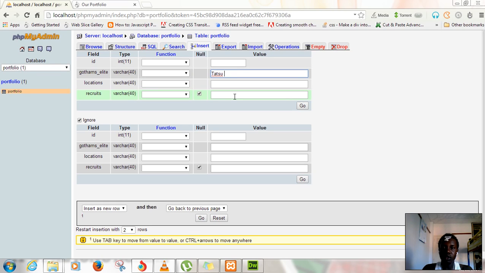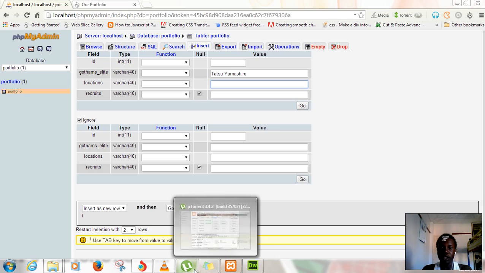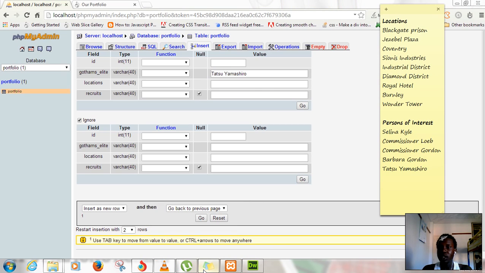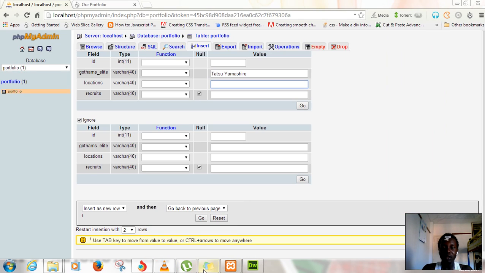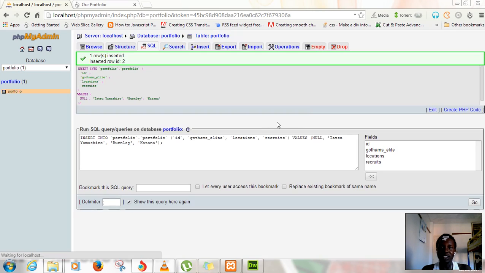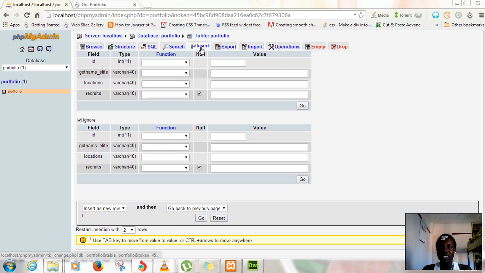Tatsuya Mashiro. And where did he find her? I think Burnley, maybe. Burnley's a whack team in the English Premier League. Recruits: she's Katana. She has this thing going with the League of Assassins, and so we'll insert just one more record. I think we'll go with Commissioner